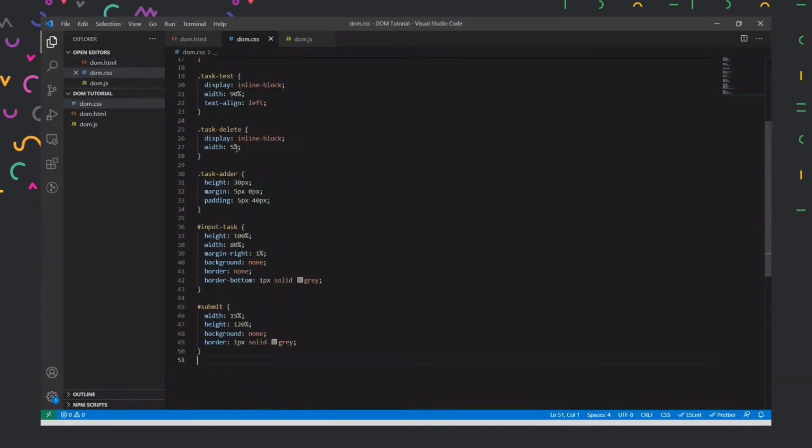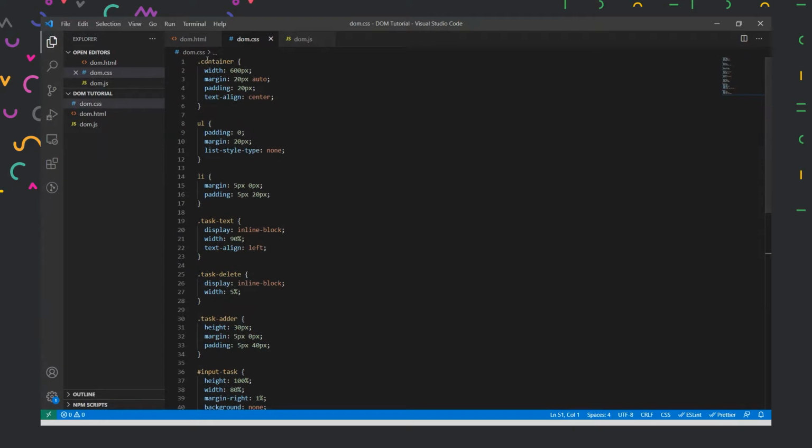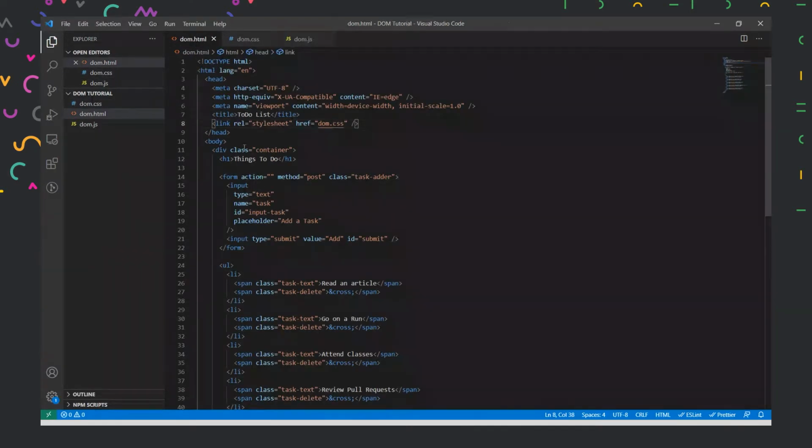Now, similarly, we have CSS written here. Each CSS is basically having selectors for each element. So let's say I have a container over here. So this container is actually referring to the container on the body. And this is stored in the style attribute. So all the CSS is stored in the style attribute.